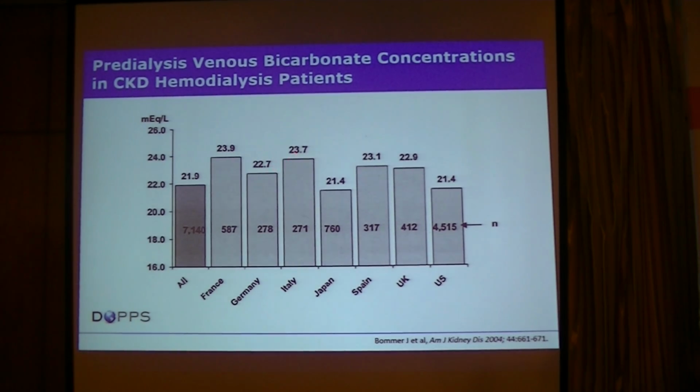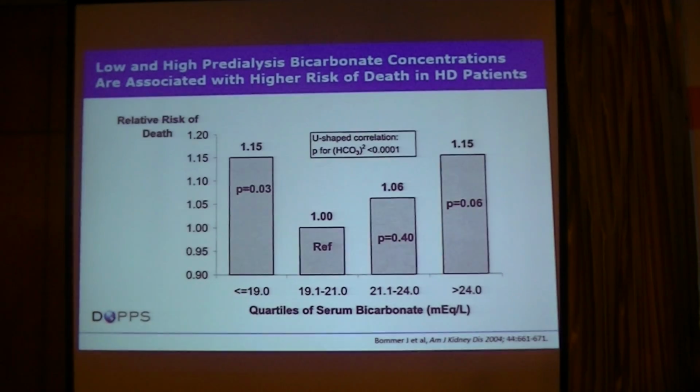If you are in Germany, 23. But at the end, you see, the majority of patients are close to 22, 23 millimoles of bicarbonate. This is nice, but this is just an average. As I showed you a few minutes ago, remember this Gaussian distribution. That means you get about 10% in the acidotic state and maybe 10% in the alkalotic state. What are the consequences for